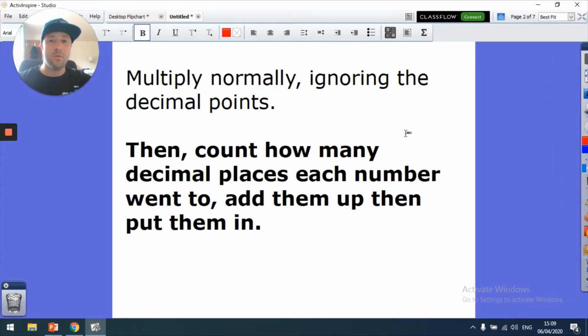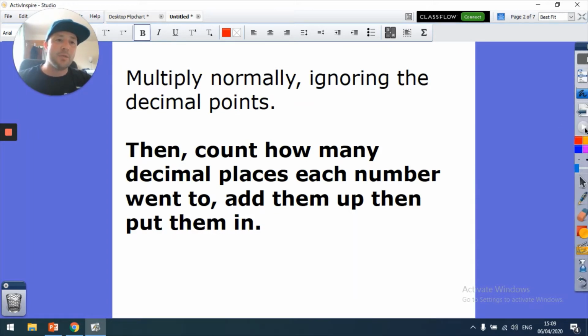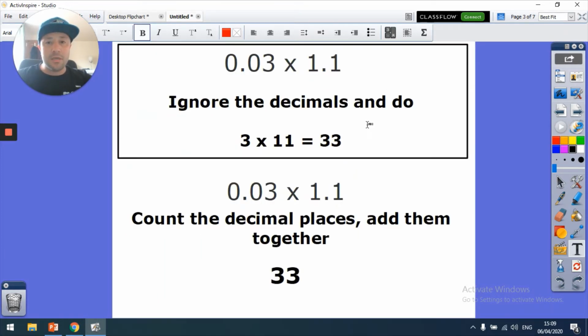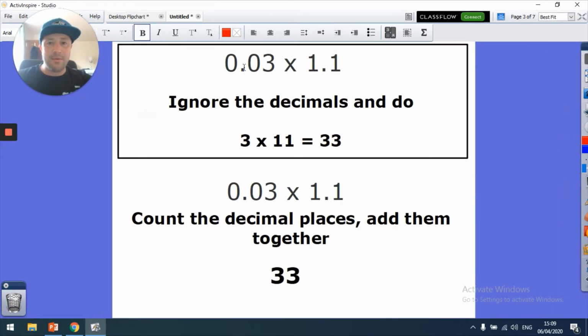So we're going to multiply normally, ignoring the decimal points, then count how many decimal places each number went to, add them up, and then put them in. That sounds confusing. I'm going to make it completely clear for you. So this is how we're going to multiply decimals by decimals. Let's go. So the first thing I would do is, if I'm going to multiply 0.03 by 1.1, so 0.03